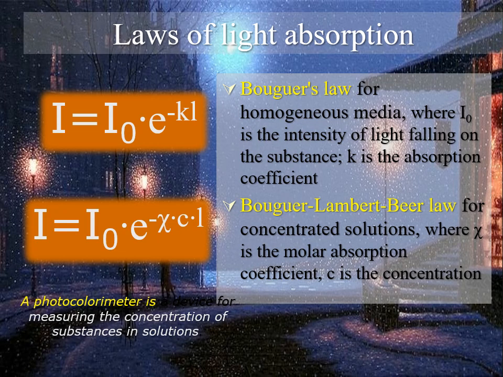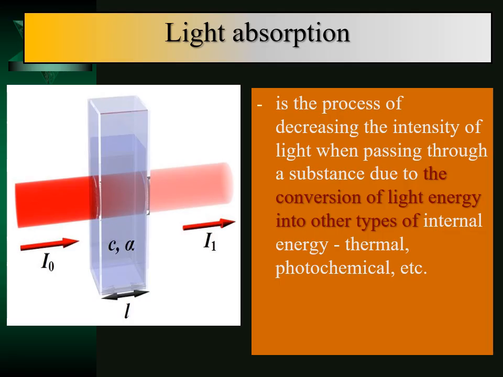The essence of the law is the same. In other words, it is an exponential relationship between the flow of incident light and the flow of light that has passed through this absorbing medium. Just keep in mind, I'll go back to the previous slide again. The substance with which the light interacts must be transparent or translucent to light, because substances that completely absorb the light flux will not give an opportunity to study such a phenomenon. And for use, of course, for some experiments.